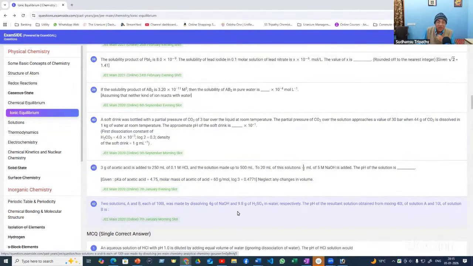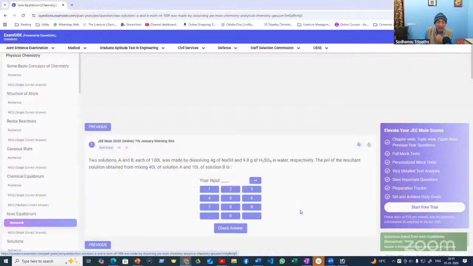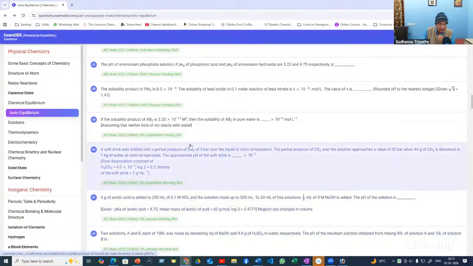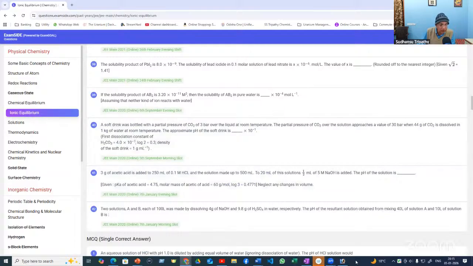So simply you have to look for the stoichiometry. See, 3 gram of acetic acid is added to 250 ml of 0.1 M HCl, and the solution is made to 500. This is a dilution problem. To 20 ml of this solution, half ml of 5M NaOH is added. So there will be definitely some excess. So pH of the solution is